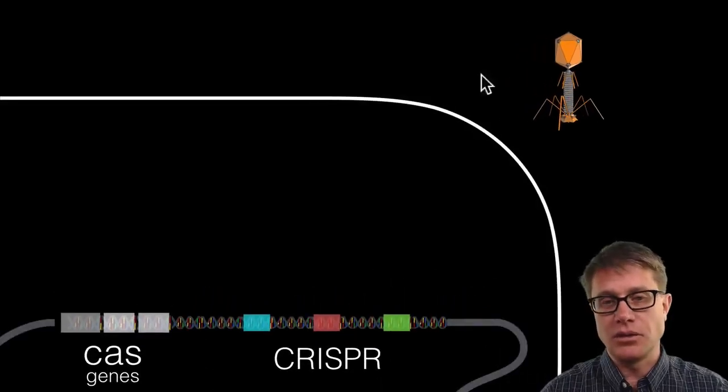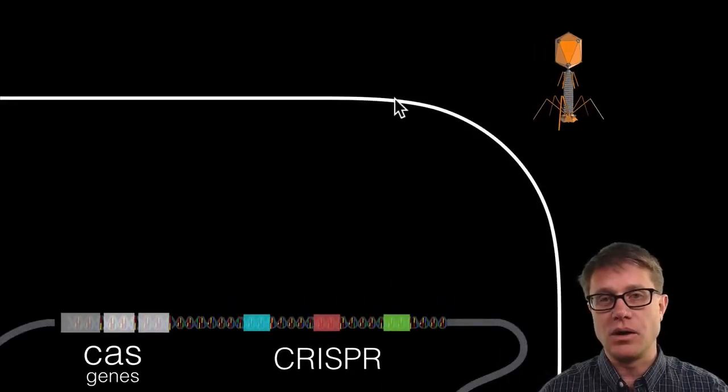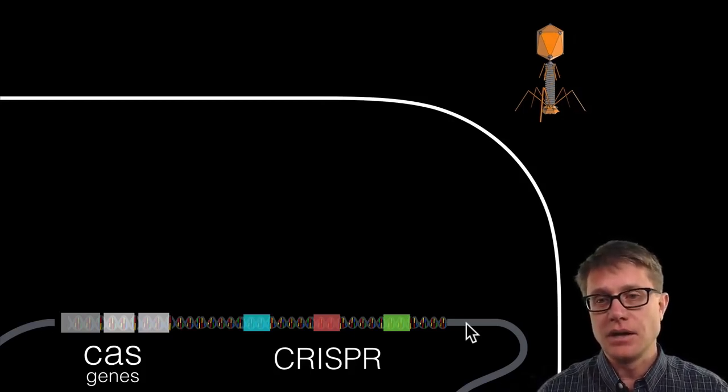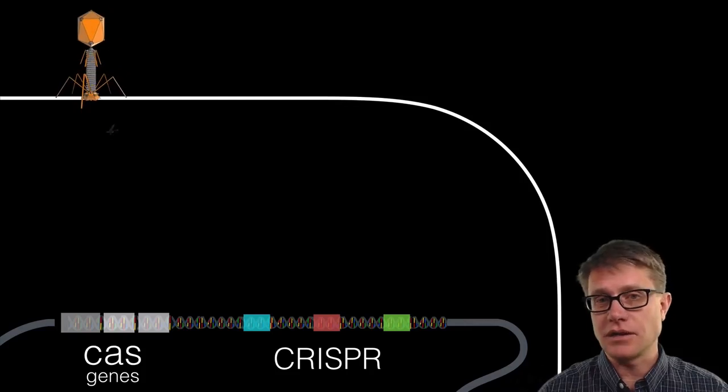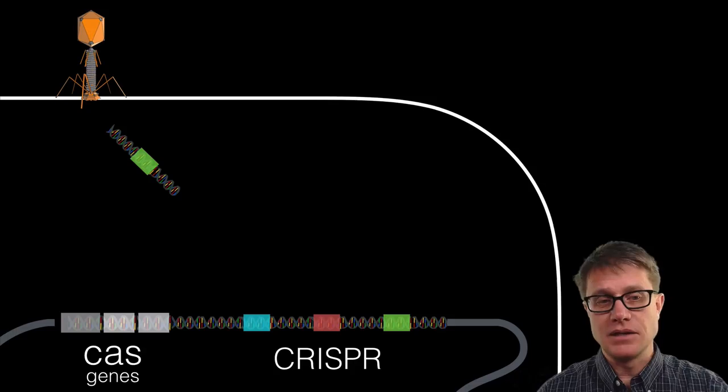So if we have a picture of E. coli, this would be the cell membrane, cell wall right here. This would be the genome of the bacteria. I'm highlighting the Cas and the CRISPR system. And so when the bacteriophage injects its DNA, what normally would happen if you don't have an immune system is this DNA would hijack the cell. It could become embedded in the genome, but more importantly, it would make a bunch of these bacteriophages